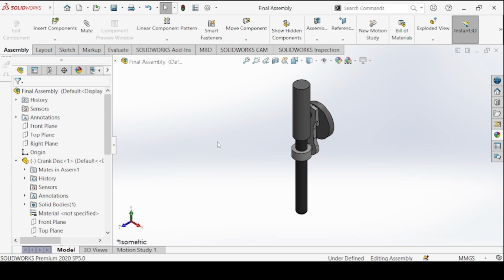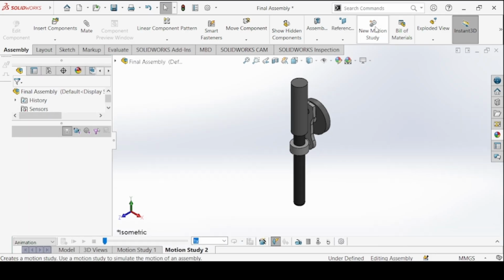In the previous video, we created the assembly for the crank slider mechanism using SolidWorks. In this video, we are going to add the motion study and then give it a rotary motion and let it run for us to see. So to do that, you come to the motion study down here, or you click on the new motion study,